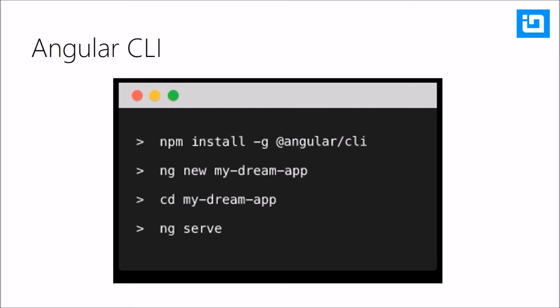So what the Angular team has done, they have given us a really cool Angular CLI. Angular CLI is a set of commands which you can use to create an Angular application, to run unit tests of an Angular application, to create the production build of your Angular application, or run your Angular application on the development server, etc. So I use Angular CLI. It is really good, and in this webinar also we are going to use Angular CLI to create our application